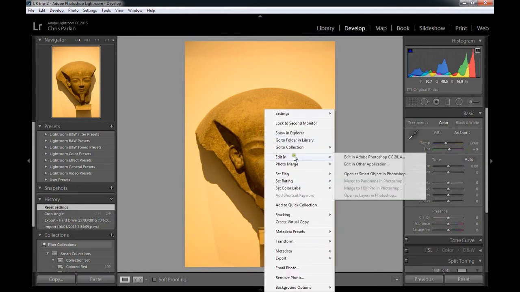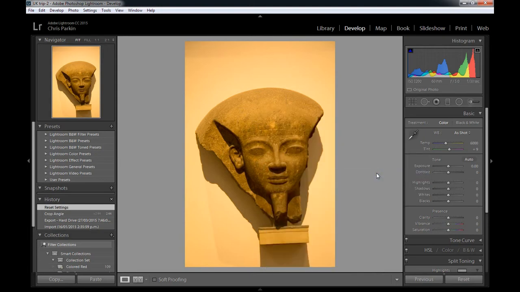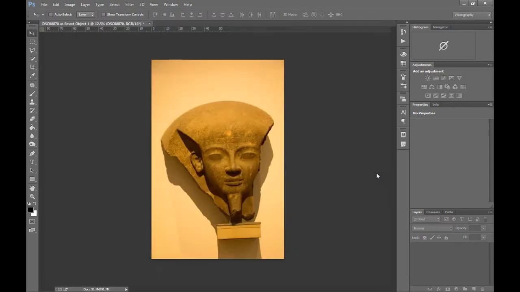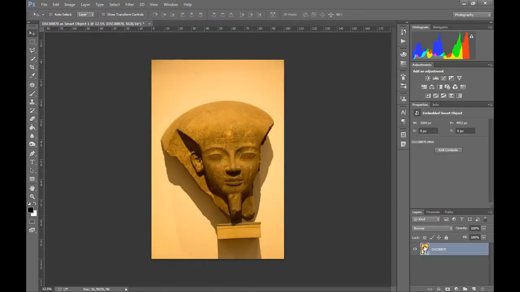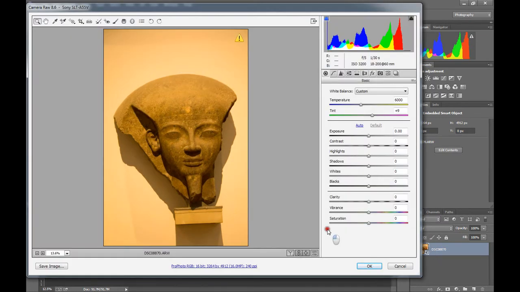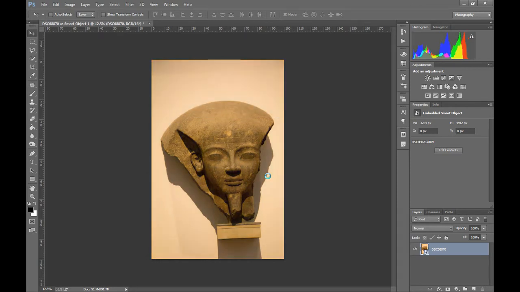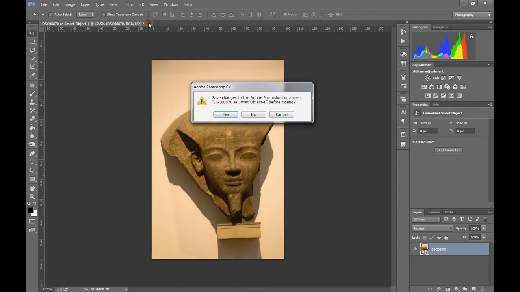So in Photoshop, edit as a smart object in Photoshop, and that's it. It will boot up Photoshop for you and open it, and you'll notice the file comes up here with this little symbol, so you can actually see that it is a smart object. If you double click on the object, it will then open up in Camera Raw, so you can do all of your color balance changes, etc. in this, and then when you're done, click OK, and they will be applied to your background. Now we'll delete that for a second,